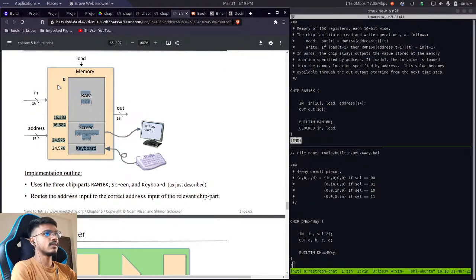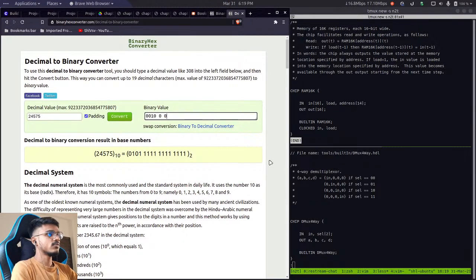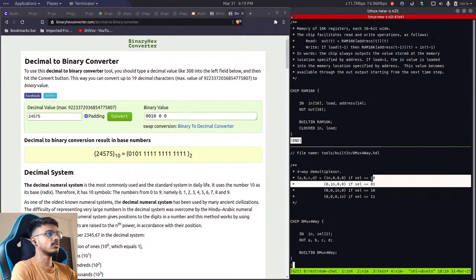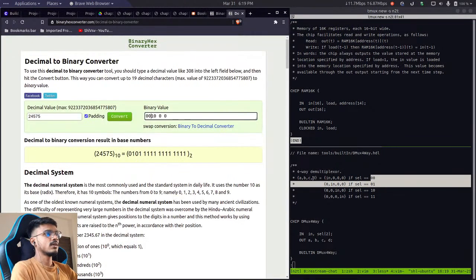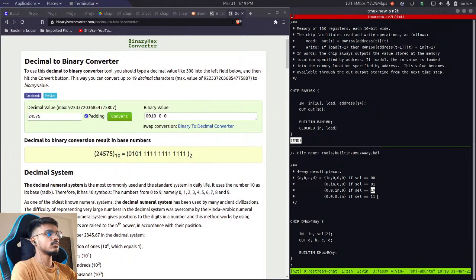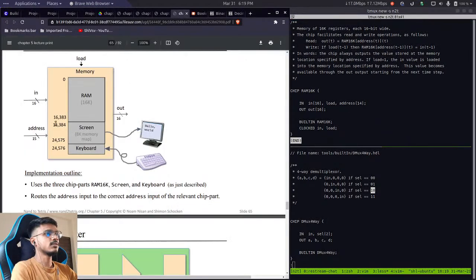So yes, it lies between 0 to this range. So if those 2 bits are either 0 0 or 0 1, that means we know the number is between this range. And if it is 1 0,